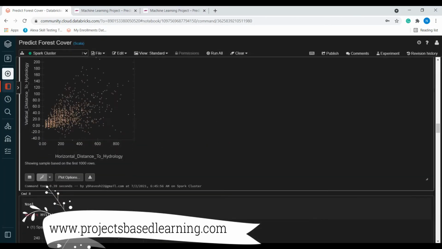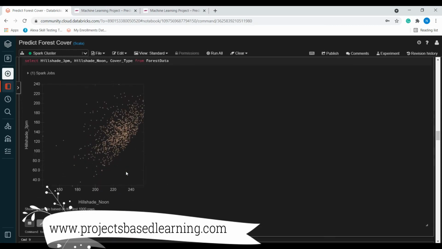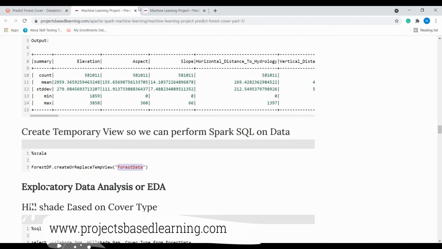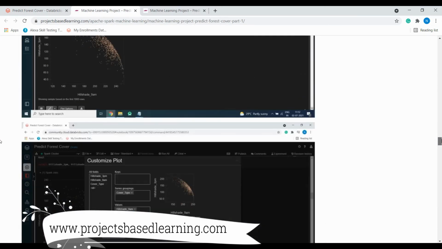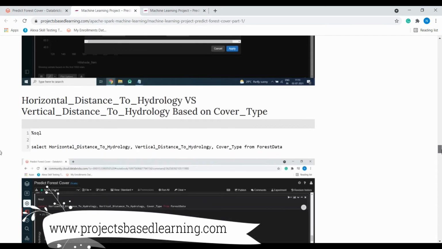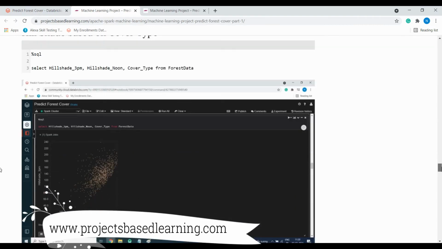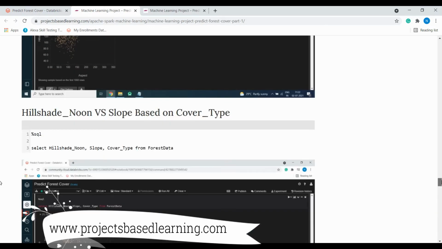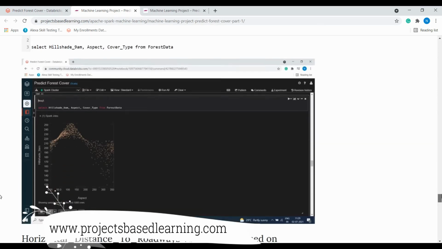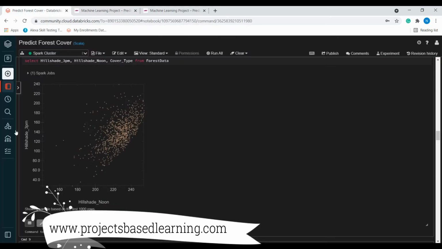We have derived EDA for various columns. All the details are available on the website, including the horizontal distance and other aspects and the queries.